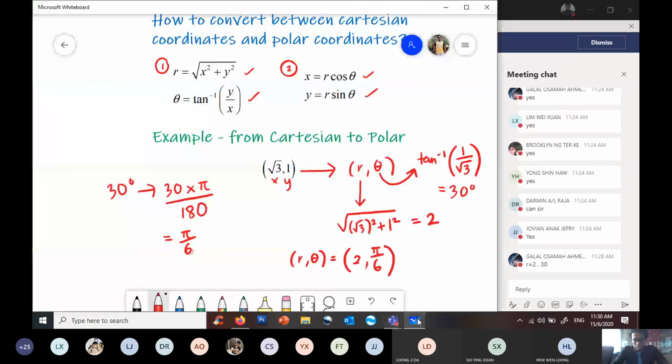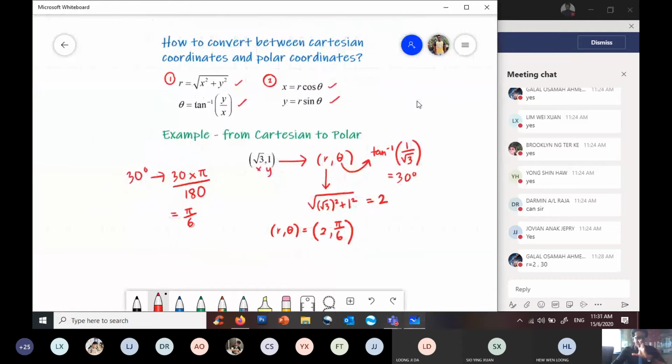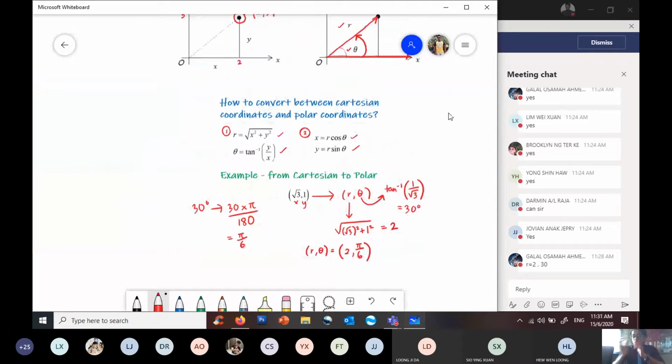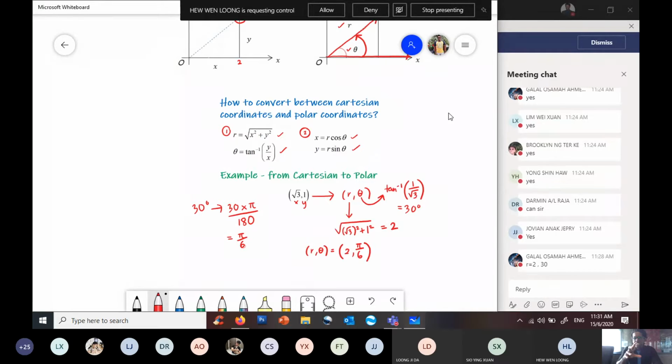Okay. Getting back to this, the whole point of this topic is not to teach you how to find polar coordinates. It was actually how to do double integration with polar coordinates. But I thought it makes sense to introduce polar coordinates first. So now at least you have a rough idea. You can imagine we are going to use polar coordinates when you are integrating. I told you right before this, when you are integrating, the general region can be any shape. It can be a triangle, it can be a weird shape, it can also be a circle. So whenever you're dealing with regions that are kind of circular,